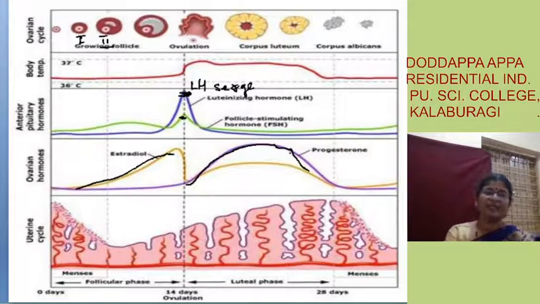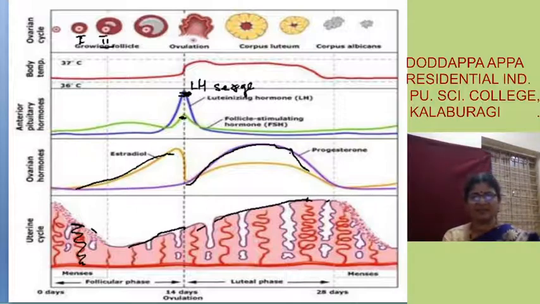And here the endometrium thickness is given. See here the degeneration of the endometrium, that is, the endometrium is lost, fine, once the follicular phase begins. Here the endometrium will become thick and glandular slowly. So here you can see the increase in the thickness of the endometrium, fine. During ovulation it will be only a little thicker. Afterwards the endometrium will become thicker, soft and highly glandular, fine. If fertilization does not take place, then it will degenerate. Here you have seen the symbol of the degeneration.